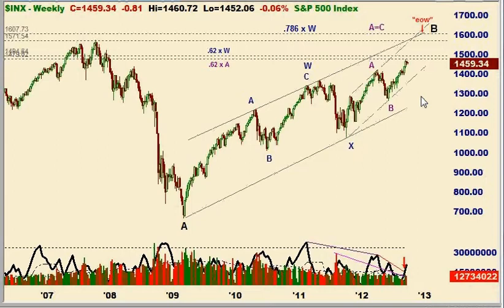Certainly the target, if this is a flat, would be back below that 966, the 666 level in the S&P, and that's long term. One thing that makes me continue to think that this is indeed a corrective rally, be it a B wave or something else, is you have diminishing